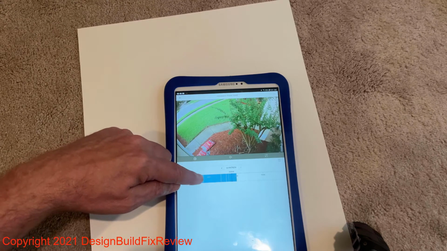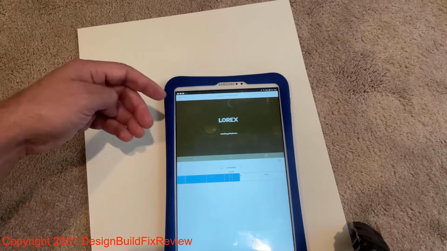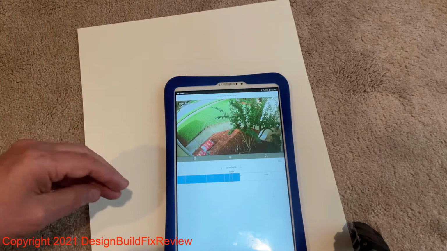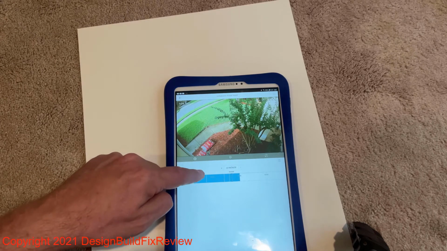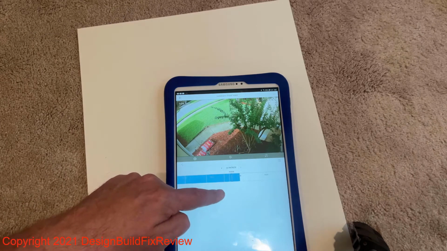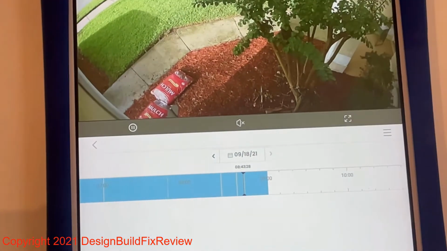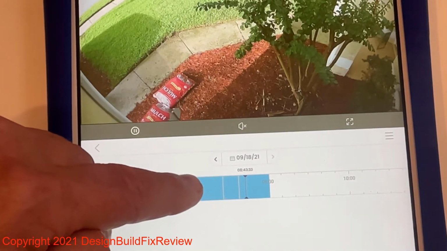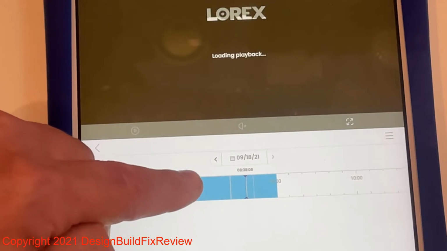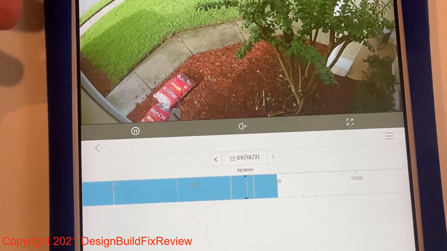see times before in the past, and it actually plays it. It gives you the minutes and seconds. So right now it's actually going second by second on that camera. And where you see these little, I'll show you this. You see those little dashes in the blue area there? That's when an event occurred. So you can actually go to an event and see what happened during that time. Somebody might have walked by after a few seconds or so.